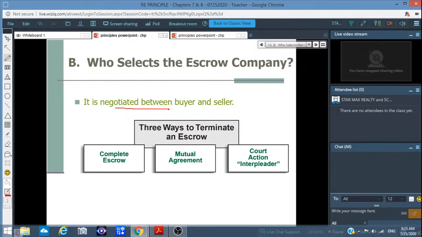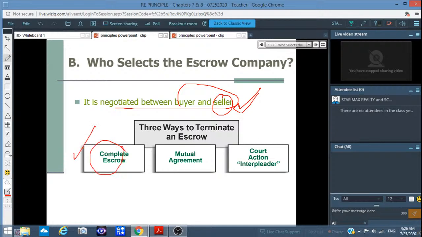Okay, who selects the escrow company? It is negotiated between buyer and seller, but typically seller rules. Okay, they usually pick their own escrow and title company. OK，那谁选那个 escrow 公司呢？OK，买主还是卖主？OK，他们可以讨价还价，OK，但是大部分呢，卖房的人，卖主去挑选，OK。